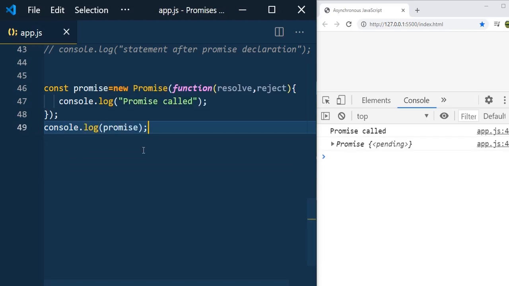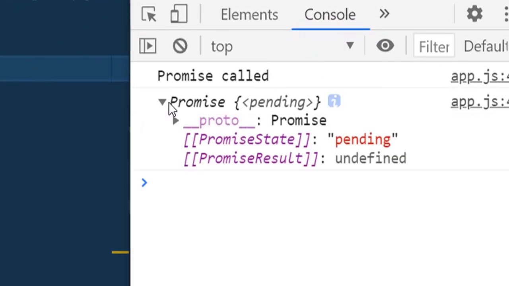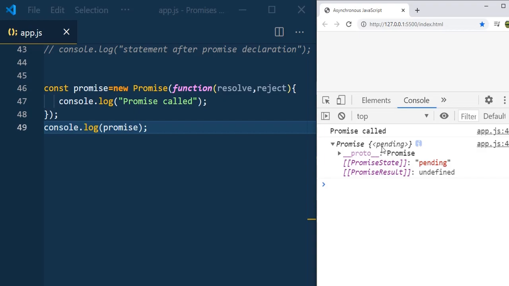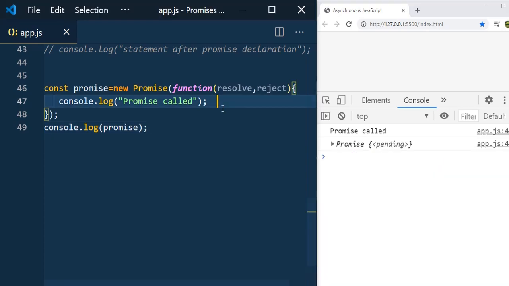When we check the promise, you can see the state is pending, which means we have created the promise and its state is pending now. At this stage, you don't know whether your friend will book the ticket or not. So this is the pending stage, and you can see the promise state is pending and the promise result is undefined.